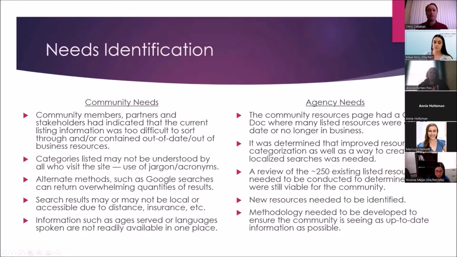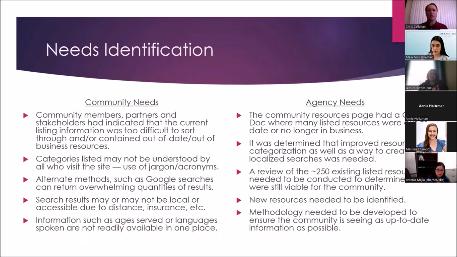So needs identification took the form of two kind of forks, if you will. One was the community needs, where we recognized with the Autism Society that the listing as it currently existed, and this was a community resources page, was very difficult to access. It took the form of a Google document. There were categories that had duplicate